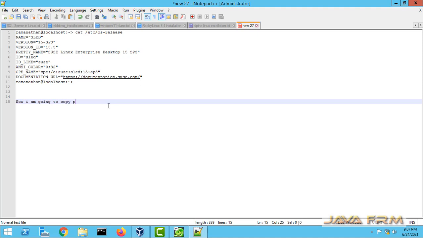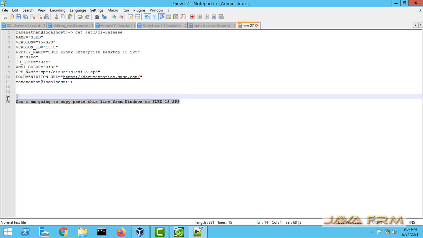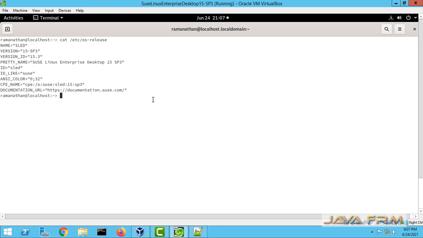Now let me type one line in the Windows host machine, copy this line and paste it to SUSE Linux Enterprise Desktop 15. Yes, so shared clipboard feature is working.